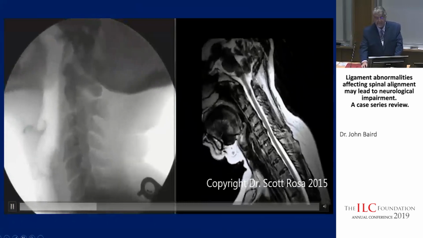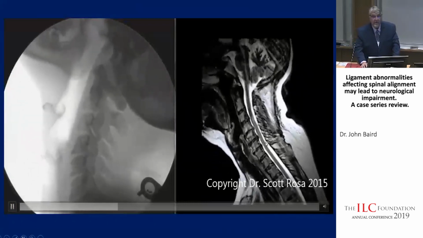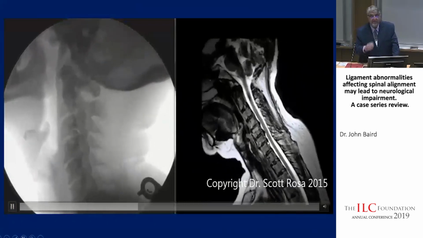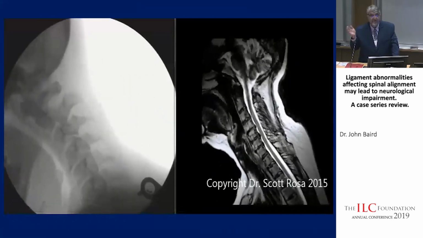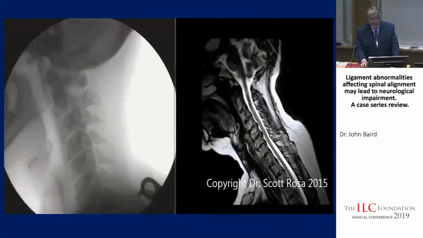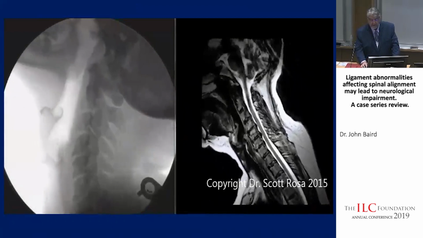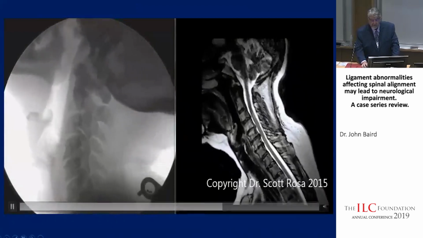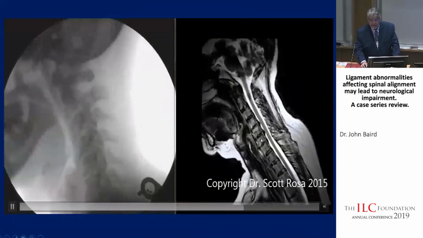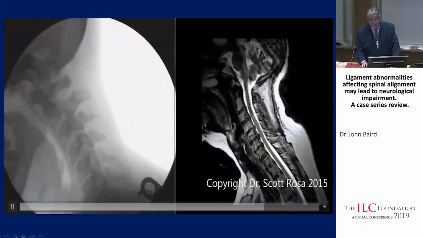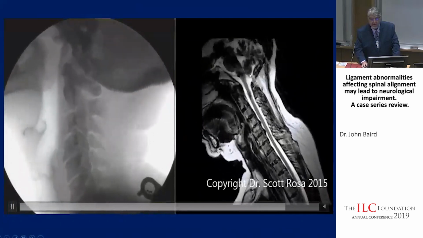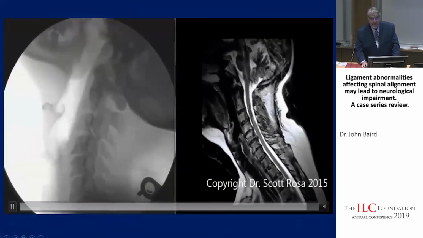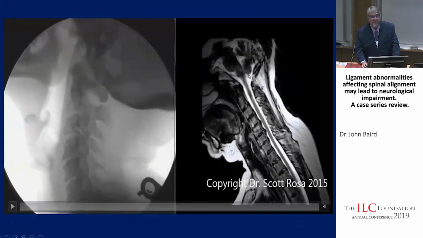This is the same patient. This is an upright MRI, what's called a cine loop. So this is a series of images that were sewn together to make this video clip. And what we can see is as the head bends back and forth, we can see disc bulging here that's pressing down into the cord. We can also see the cerebellar tonsils moving up and down as the head goes back and forth, showing us how the tension on the cord